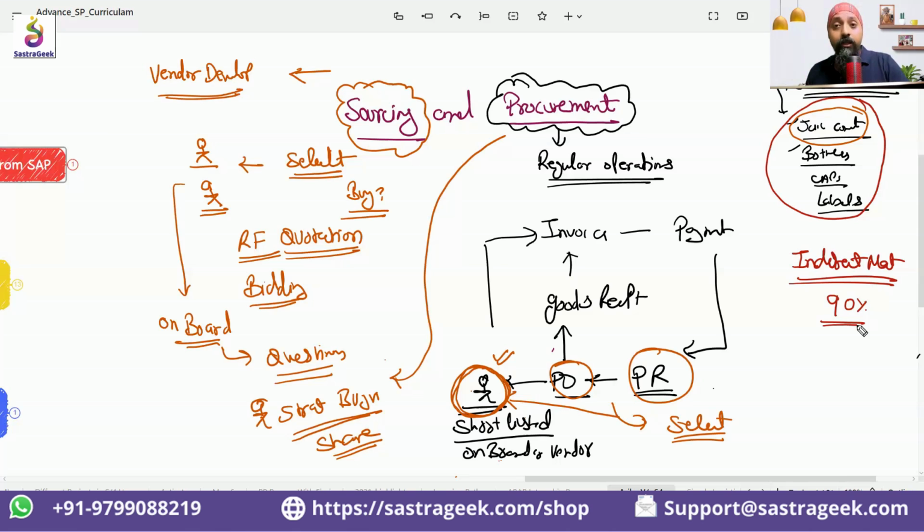The number of materials you would be creating on a monthly basis in your system, indirect would easily be 10 times more than direct. Because when it goes to indirect, there are so many materials. It also depends how you create the materials in your system, or whether you buy without creating a material. But the number of items you will be buying, there is a pen you are buying,